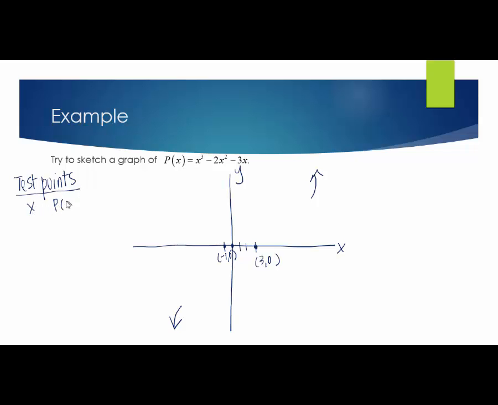So here's what I could do: make a quick table of values. I've got (-1, 0), (0, 0), and (3, 0) already. Why don't I test some points in between, like at negative 1/2 and maybe at 1, and check what their y values are. If I plug negative 1/2 in here, you can calculate this, but let me grab my calculator and do it. Negative half cubed minus 2 times negative half squared minus 3 times negative half is 15/8